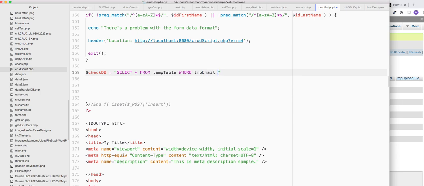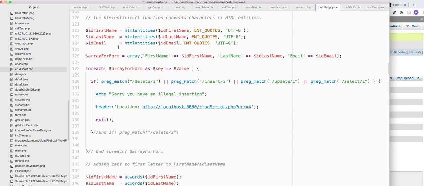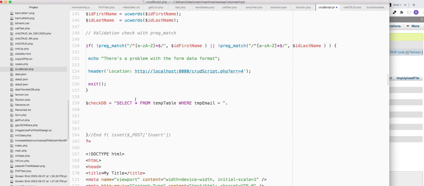And then we're going to say equal to, let's put a space there. Then we're going to say dot, and we're going to put in the actual, whatever, this one. I'm going to put that right in here. And then I'm going to close it up, right? So we'll close it up with